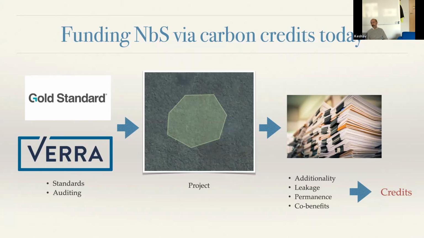And core benefits are things like biodiversity, social justice, and livelihoods, which are things we care about when creating a project. For instance, I can protect a forest by throwing out all the indigenous people in there and saying you're not allowed to enter the forest anymore. That would be good for carbon, but it would be very bad for social justice. So we want to avoid things like that as well.